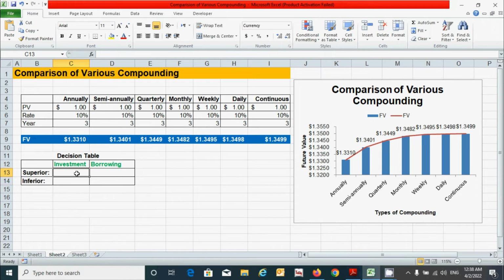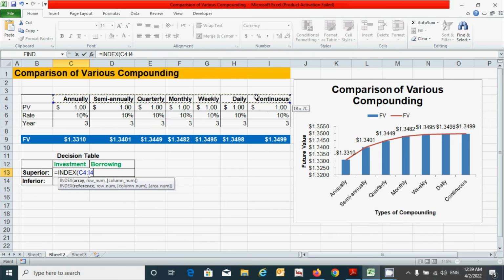So click here and now press the equal to sign and type the index function, and now press the tab, and let's select the range. So for area we have to select this one from here to here. Now press the F4 key to absolute reference, comma, type the match function here. So type match and press the tab, and we have to provide the lookup value, and for the lookup value